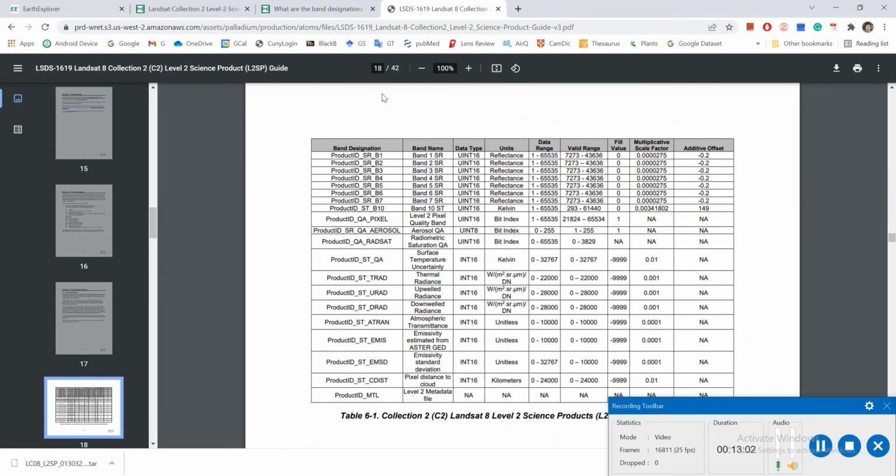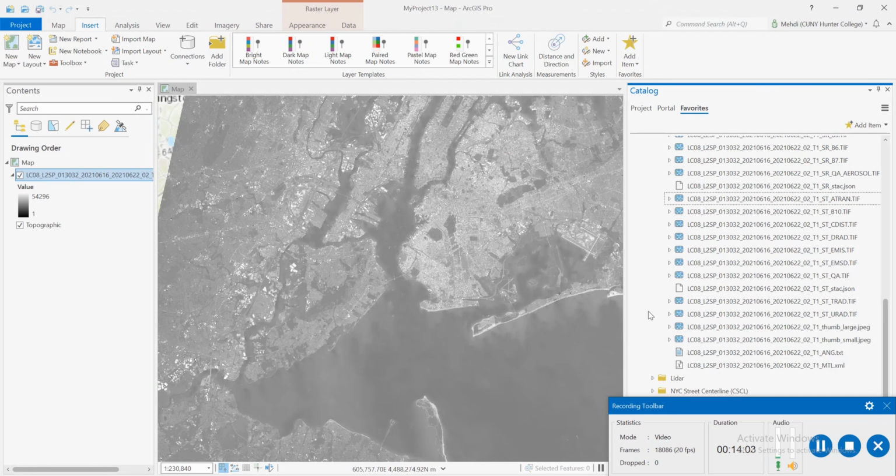This one, page 18, tells you what each band is. Here is the surface temperature from band number 10. So we want product ST band 10 for surface temperature, and others are surface reflectance of band number 1 through 7. Okay, so now that we know that, I can